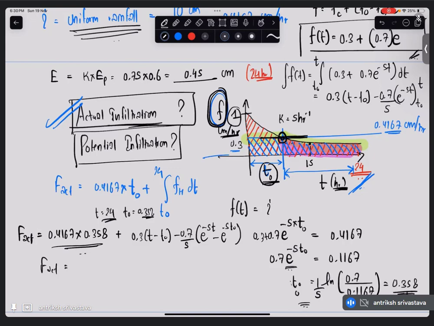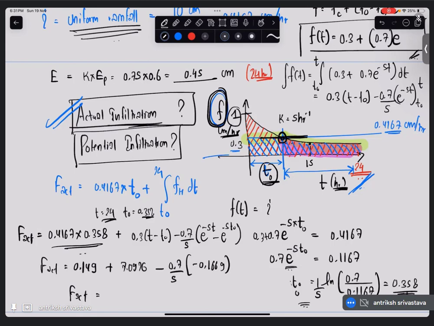Okay, now meanwhile I should also calculate, right? So we have this as 0.149 and this as 24 minus 0.358. 7.0926 minus 0.7 by 5, e power minus 5 into 24 minus e power minus 5 into 0.358. That is, yes, as expected, minus 1669. So F actual is going to be,